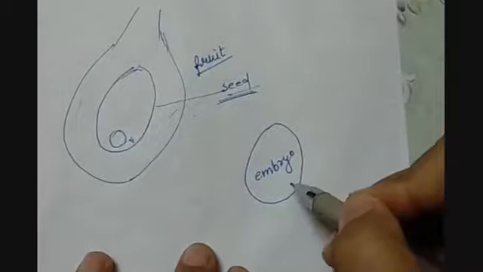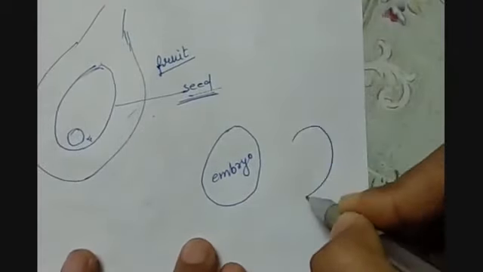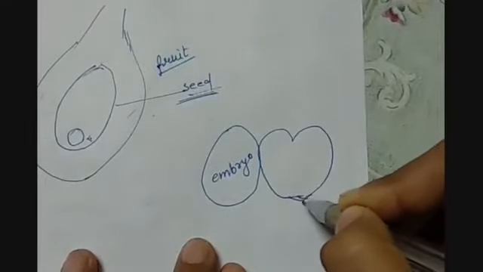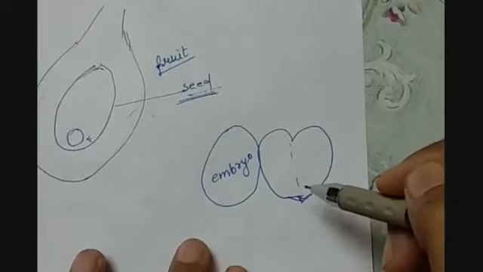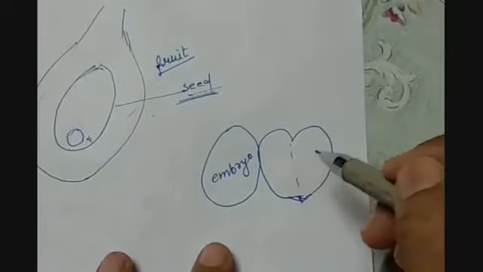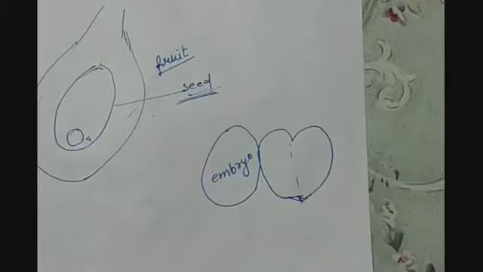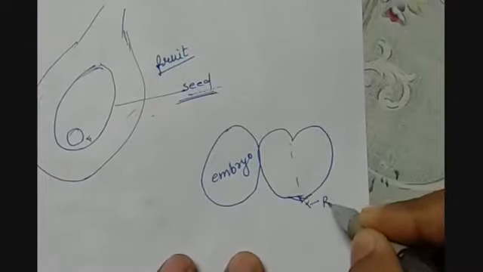This embryo has two fleshy or swollen parts on it, like this. Here the food is stored. This part is called the radicle,